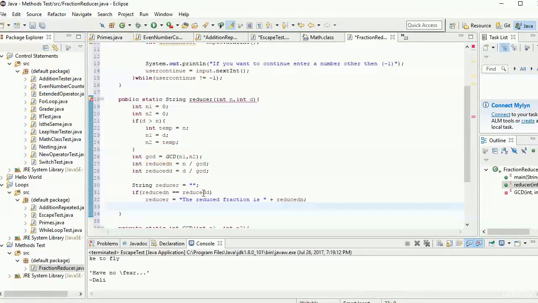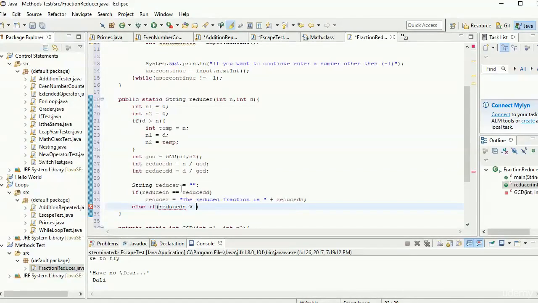Now this is a one-line if statement, so we don't need our braces. But our other scenarios are going to be ones where they weren't perfectly reduced already. Now this will have to cover scenarios like 6/3 or 15/5, where it'll result in a whole value, but it's not going to be the perfect solution of 1. So to do this, we're going to have an else if statement. And this else if statement is going to say, well, else if reduced n modulo, because remember, modulo gives us our remainder, modulo denominator is equal to 0,